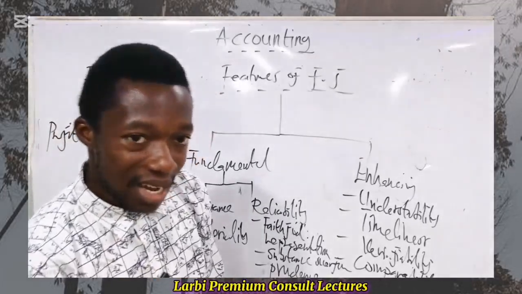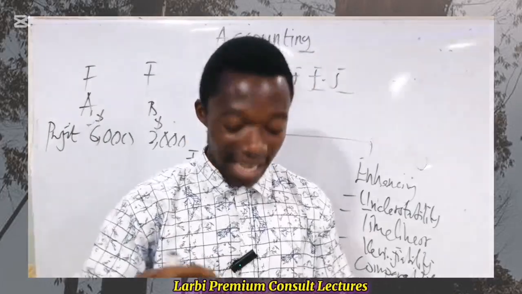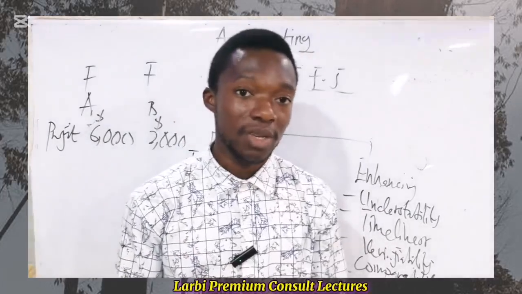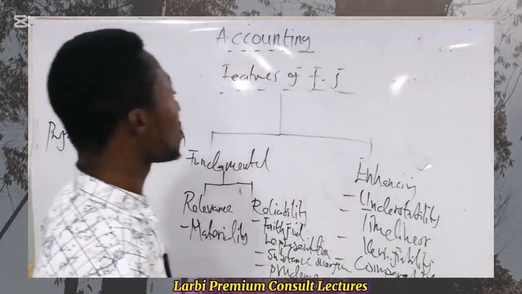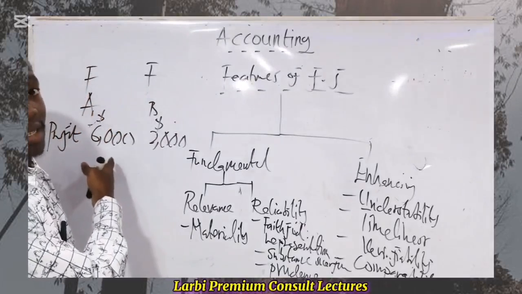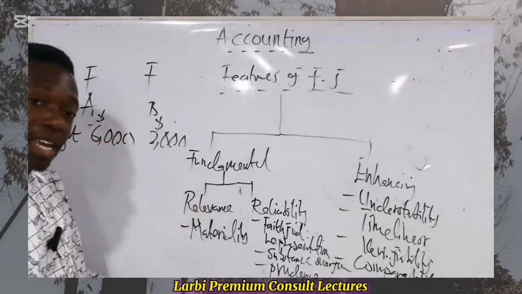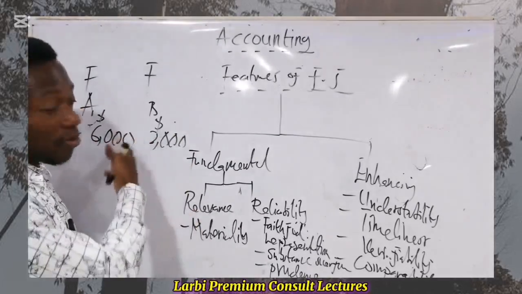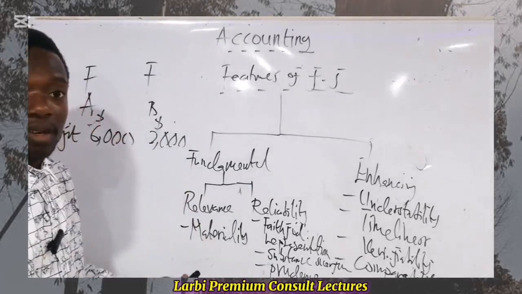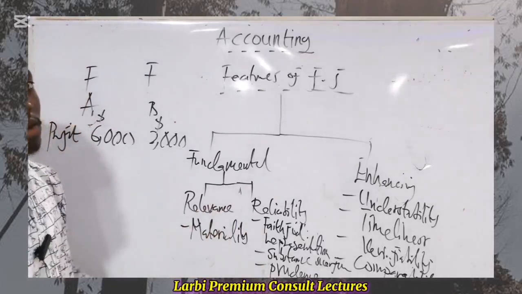So materiality means that if something is material, its omission or misstatement can tend to affect what? The decision that will be made by the users of the accounting information. And this is what we expect the financial statement to have. It's supposed to be relevant. Looking at 6,000, you want to invest in 6,000, but the 6,000 can be a creative accounting, fabrication of figures. And you will be influenced to come and what? Invest. And later on, you find out that it was creative accounting, where they have manipulated figures to present a nice picture of the financial statement of the company. You will turn out to lose.